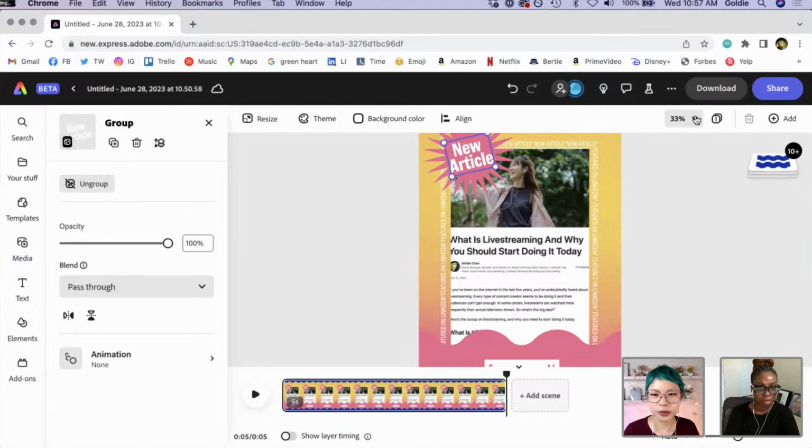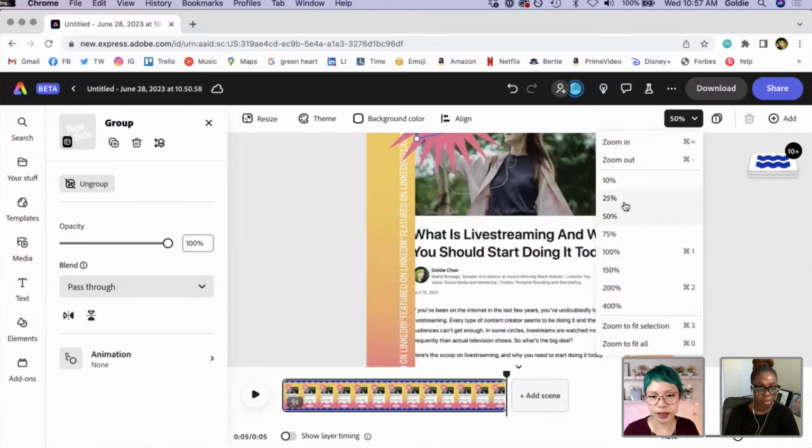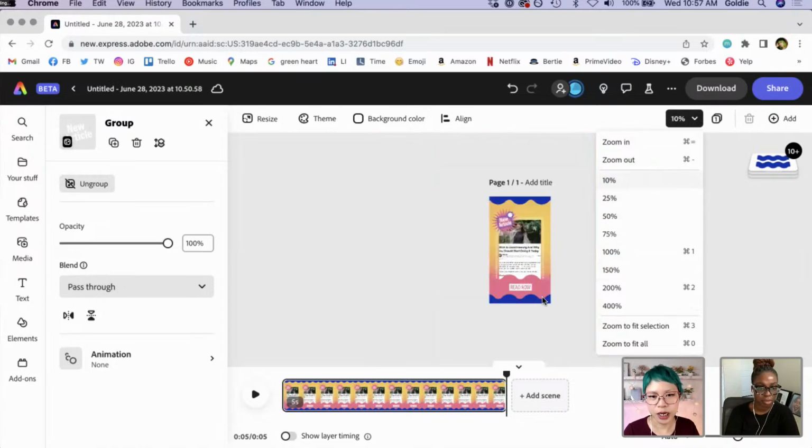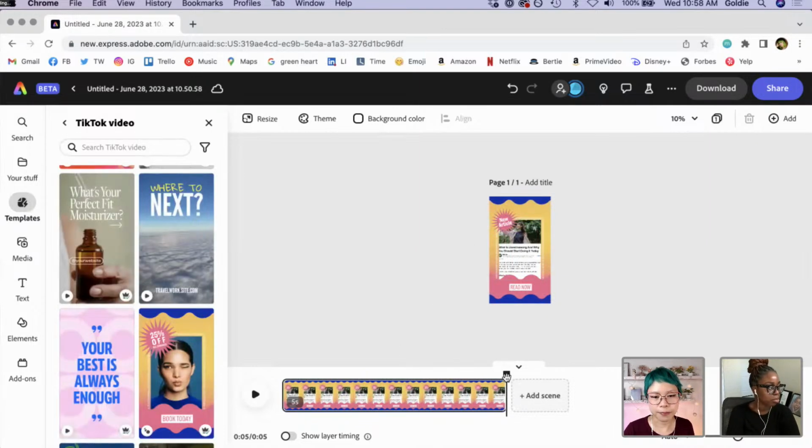Okay, so let's zoom out so we can see what this final basic version is, and then we're gonna do some fun stuff with it too. Okay, so now that it is teeny tiny, we can see it all in its beautiful entirety. And as you can see, ta-da, it's still moving, it's still animated. It's basically all the original animations are in here still. But this is a cool thing we can use on TikTok, we can use it on Instagram, we can use it on YouTube Shorts.